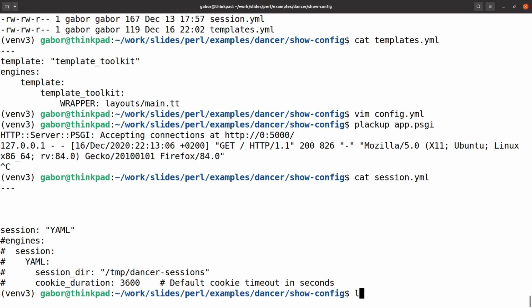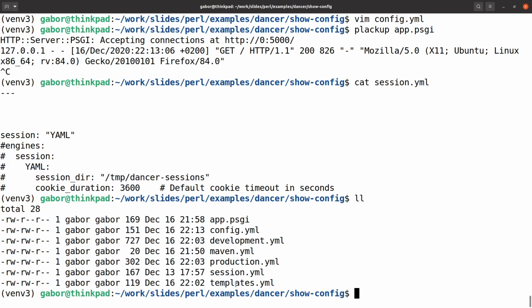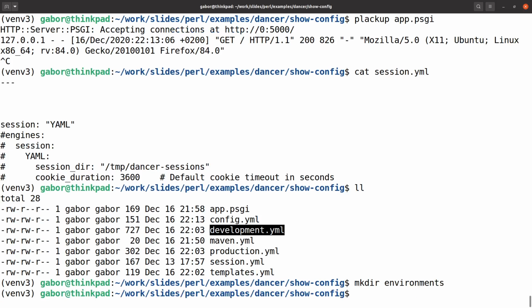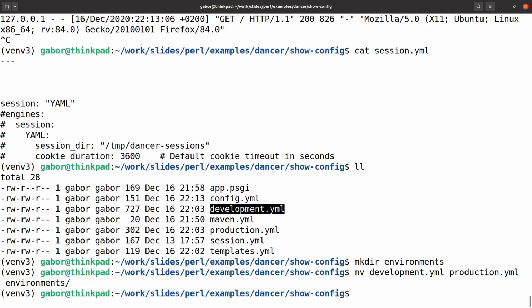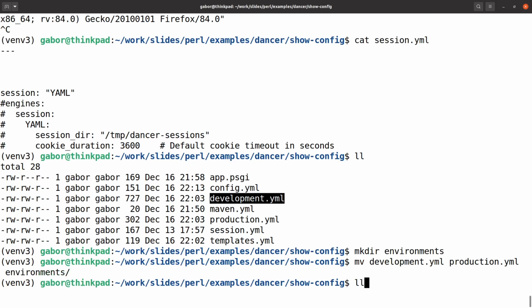Now, what's interesting here is that I actually also have two files, one called production and one called development, that I put aside so I can show the example. So if I create the directory environments, and I move the development and production files to the environments directory, okay, and now I run this application,